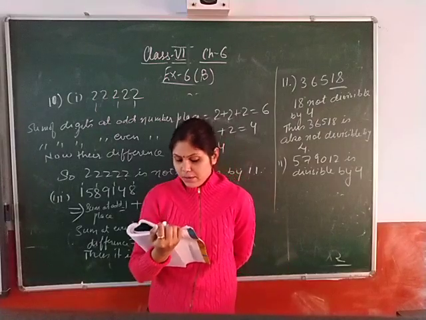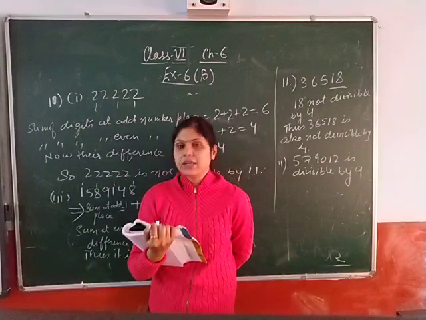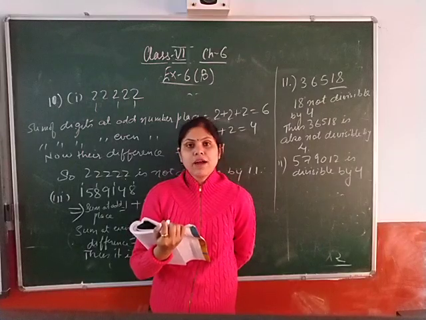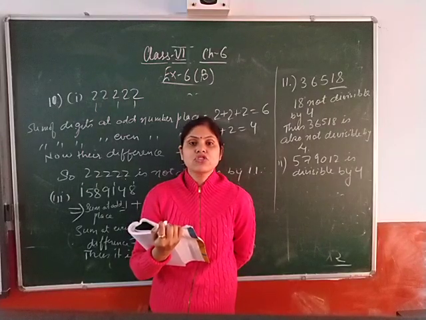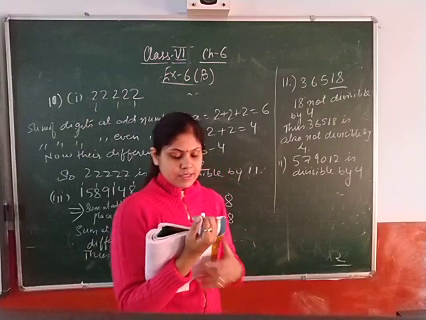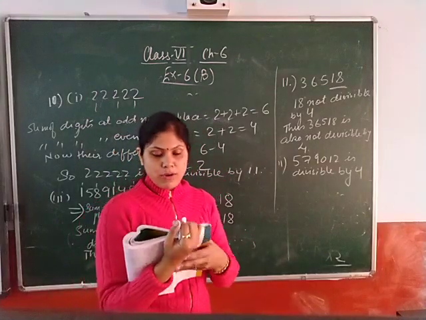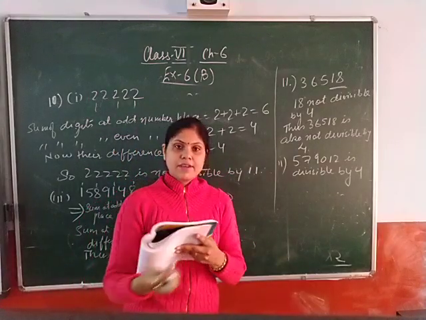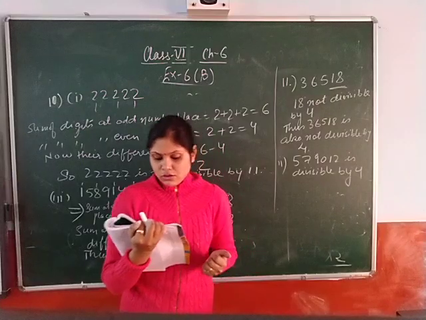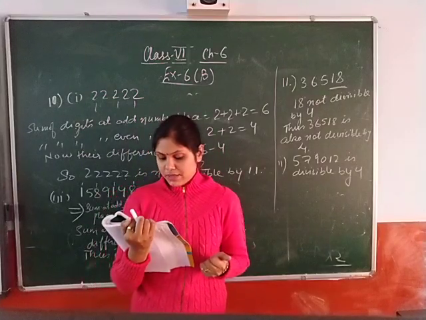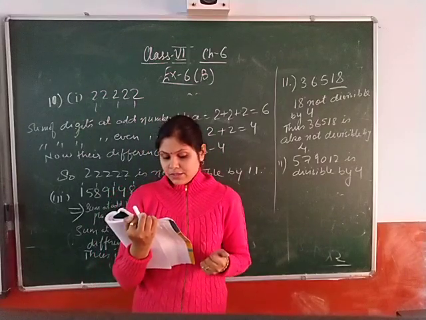Now, which of the following numbers are divisible by 8? So, in this what we have to do? We have to check the last 3 digits. So the last 3 digits we will check for this. You do it on your own, this I will not do. I have explained this one. Now check which of the following numbers are divisible by 6.